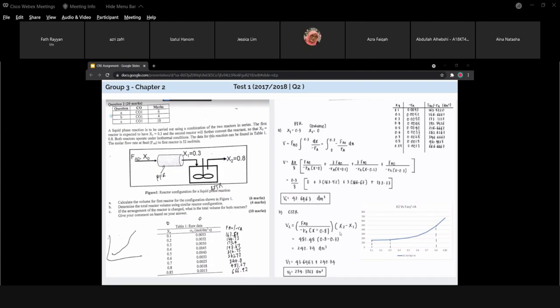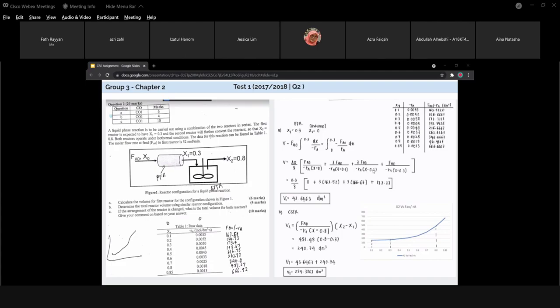So we proceed to part B. For part B, we use the CSTR volume method, that is using the last point of the graph to calculate the volume. The last point is at x equal to 0.8, so we take the height at 0.8, that is 481.48, and we take the width of the graph from 0.3 to 0.8, as the CSTR is from 0.3 to 0.8, and we get the volume of 240.74 dm³. Then for the total volume, we just add V1 plus V2, and we get 284.38 dm³.